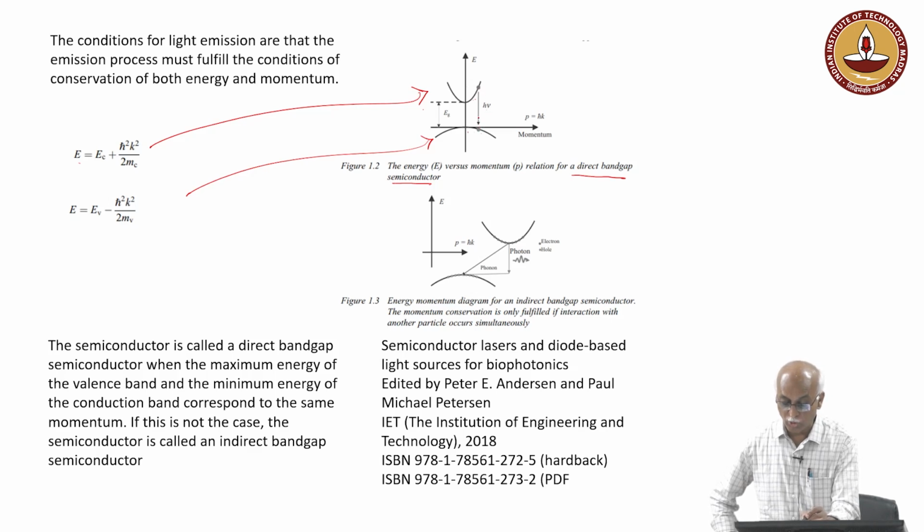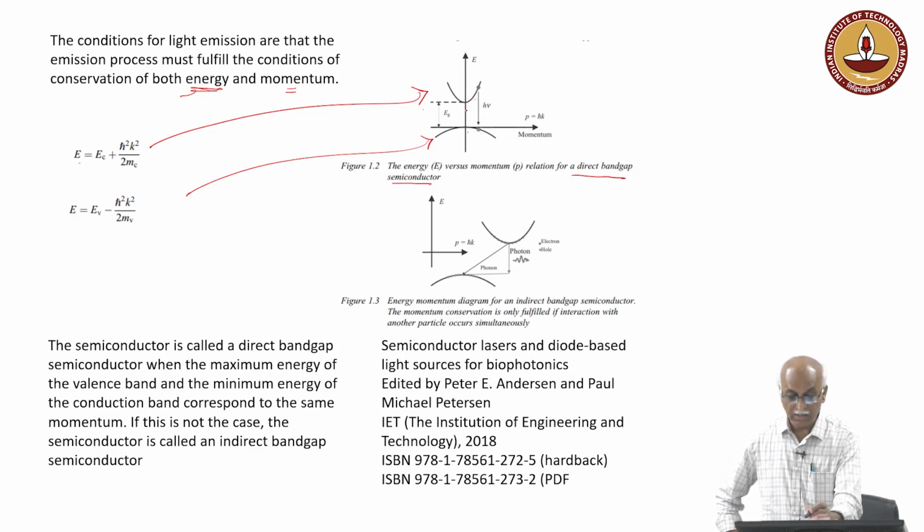So, the photon is emitted by conserving the energy as well as momentum. Energy conservation corresponds to the photon emission corresponding to the band gap, and momentum conservation allows efficient generation of this